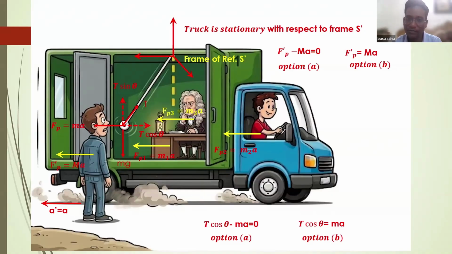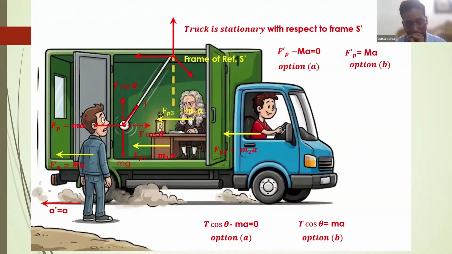In terms of physics, with respect to S dash, that person is moving. That is the reality. It is not that it appears that the person is moving. When we say appearing, that means we have one assumption that the person cannot move, but we are thinking that the person is moving. But this is not the reality in terms of physics. We really don't know whether the person is moving or the car is moving in terms of physics.